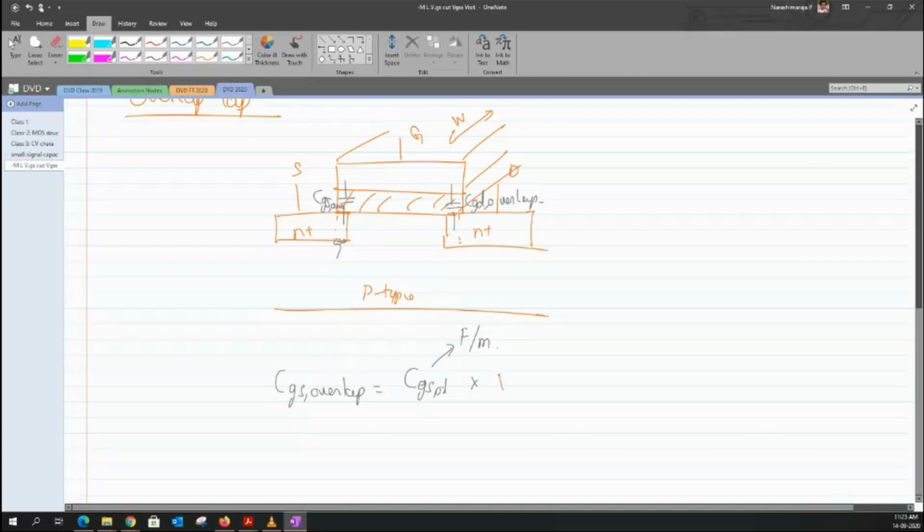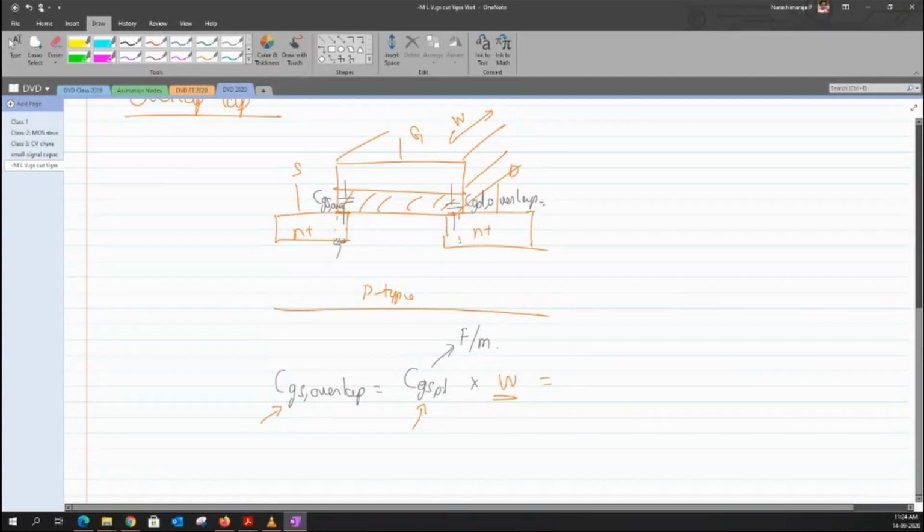So the width has to be multiplied, and the total overlap capacitance between the gate and the source is given as a product of CGSOL, which is defined by the manufacturer. And this width, which is in our control, because every transistor will not have the same width, we will be modifying the widths of the transistors. So any width that I've chosen has to be multiplied in order to get the total overlap capacitance. Clear? Now, this same argument applies even for the overlap capacitance between the gate and the drain.